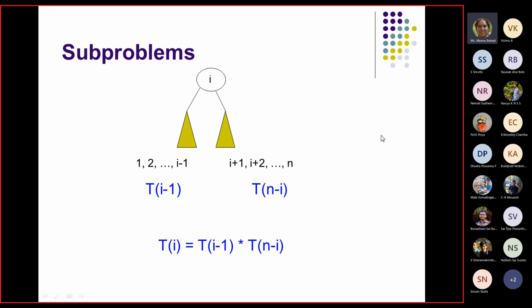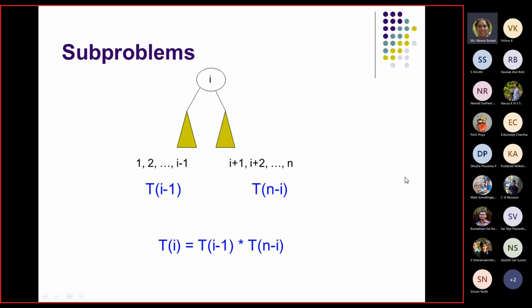Right? Because you can combine every one with every other. Suppose there are 5 combinations here and also 5 combinations there. When you map each combination with each other combination, it is going to be multiplication. Suppose you get five BSTs here and five BSTs there. You take one BST with the first, one with the second, one with the third, and so on, then the second with the first. So the combinations will multiply, and all of them will be unique. That is why it is T(I minus 1) into T(n minus I).